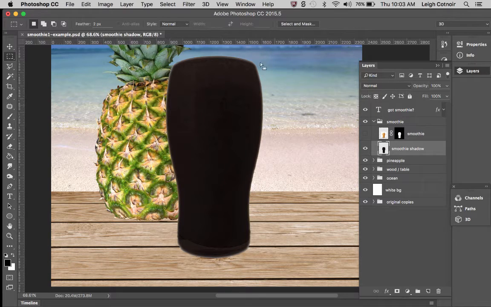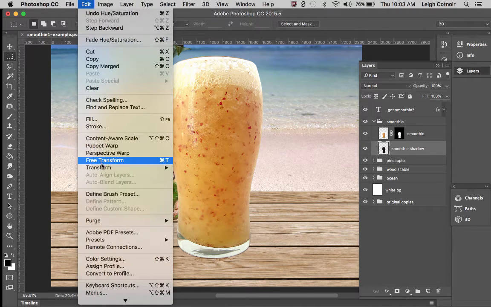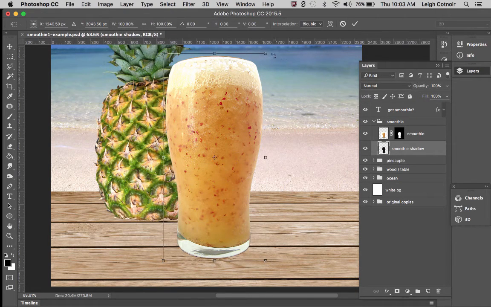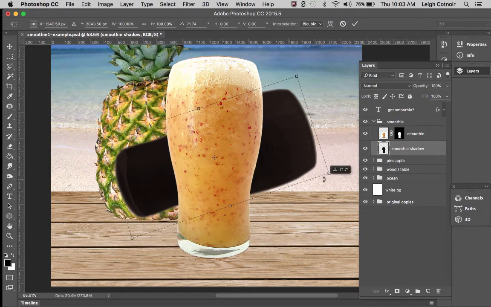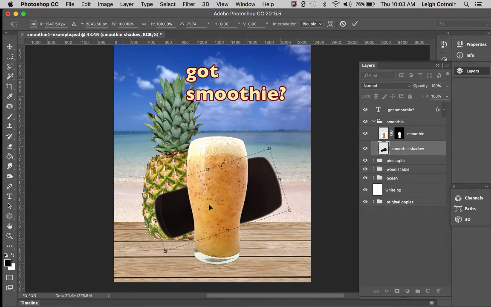Anyway, so now I've got this shadow, and I can turn on the top layer, and you don't really see it very much, but as long as I've got the shadow selected, I can go ahead and manipulate this. So I'm going to rotate it. First of all, I'll go over here and choose Transform, Rotate. Okay, and then I can rotate this so that it would basically be kind of like the angle of the light source. So if you consider that the light source maybe is coming from somewhere in the front over here,